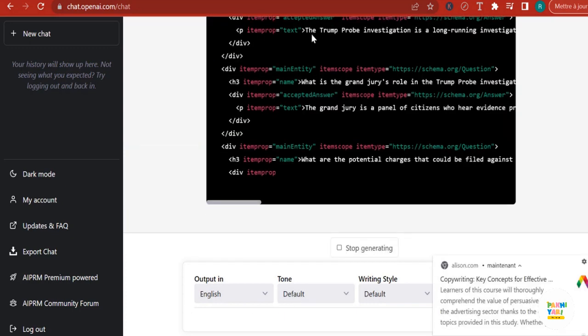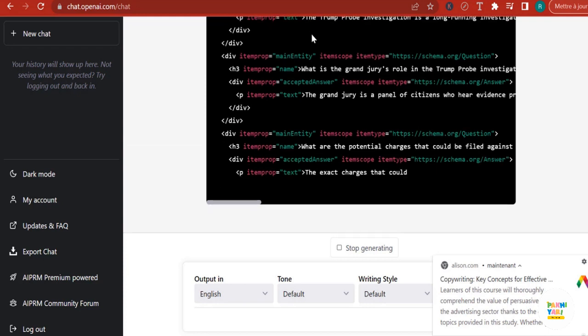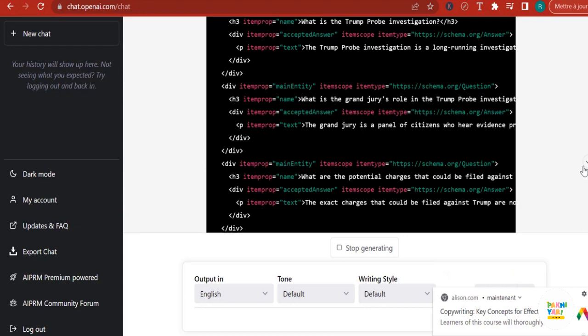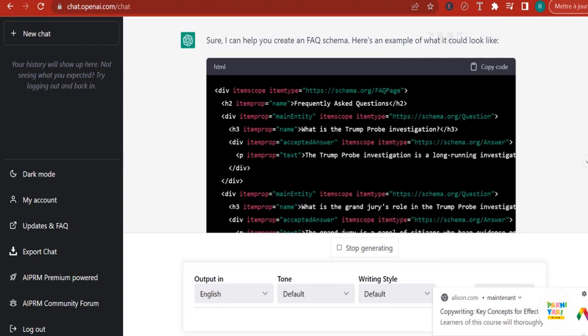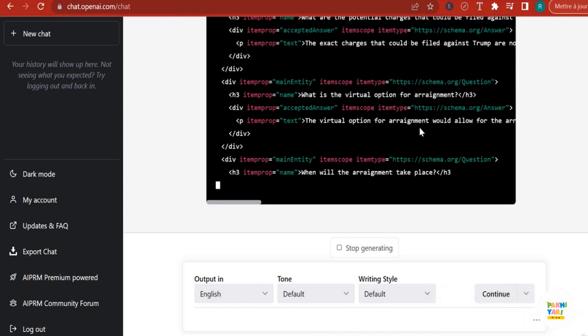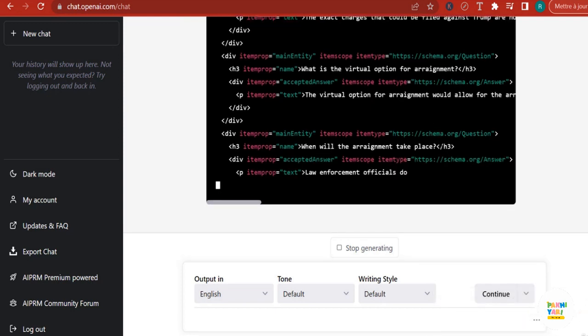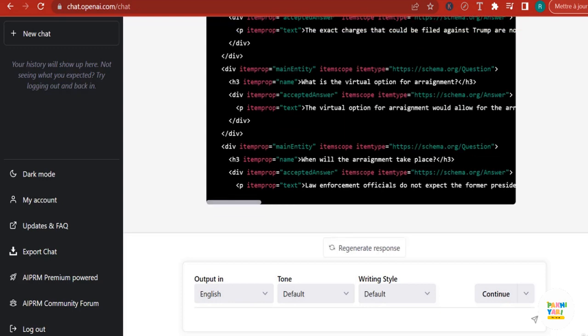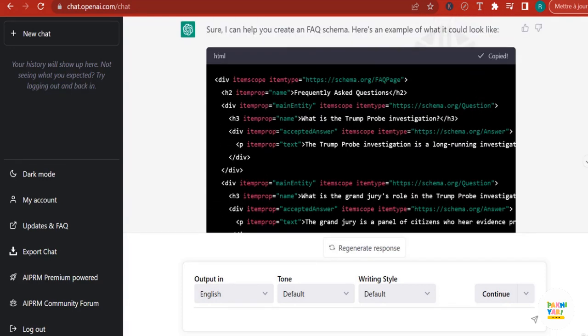Now, the beautiful thing about ChatGPT is that it remembers previous conversation. And so I didn't need to tell it what to remember. It actually just remembered exactly the conversation and prepared this schema for me. So all I'm going to do, when it finishes, is copy this and integrate it inside of my blog post. So now this is finished, I can just copy code and I can go back to Gutenberg